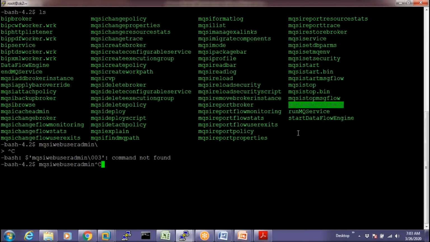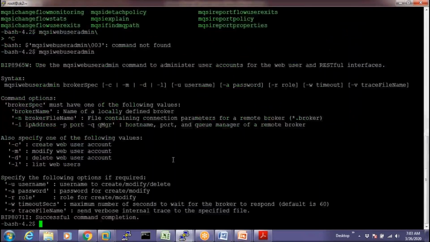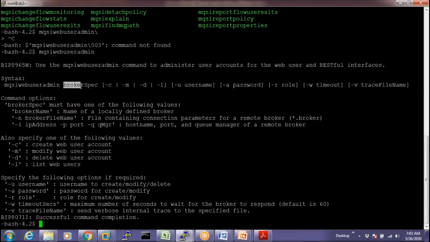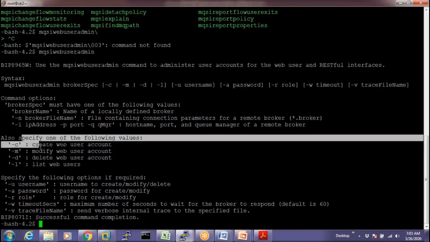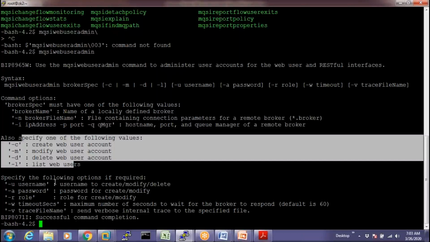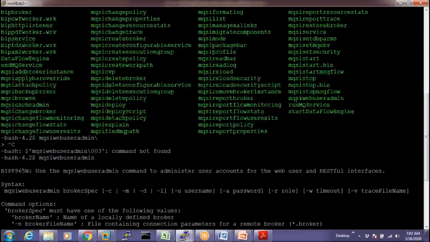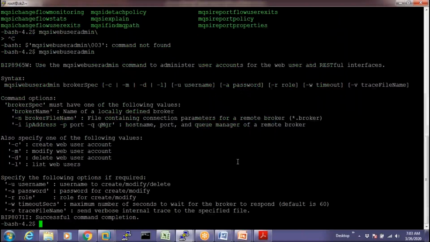Okay, one second. I read about it, I think I'm fine. User transfer web user underscore interfaces. Yeah, I think I'm fine with that. I mentioned it as an example. Let me go through the other ones and tell you one by one. So you want to know about this mqsiwebuseradmin command? No, we didn't see it, but I went through it and I got what it is for. So I'm fine with that.